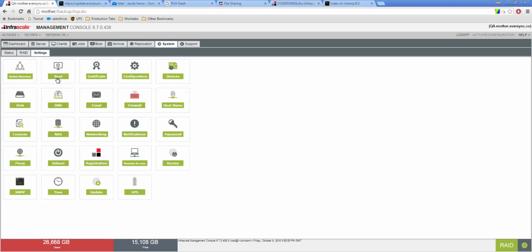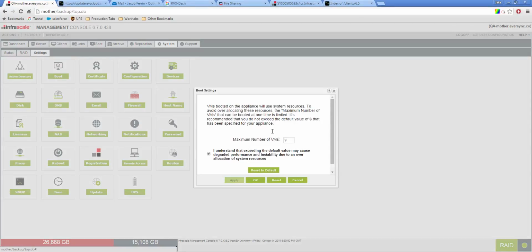The boot option here gives you the option to select how many virtual machines can be booted locally to your appliance at any given time. The default number of virtual machines that can be booted on the appliance is determined based on the size of the appliance. So the larger the hardware appliance that's available to you, the more virtual machines can be booted at any given time. Currently, the local boot feature is